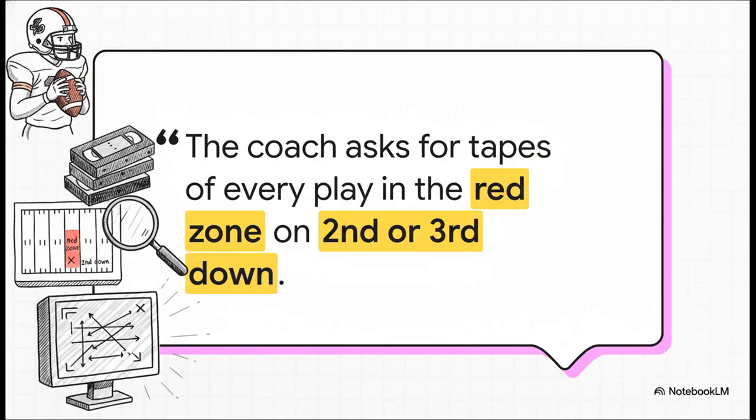So, picture this. You're the video coordinator for a football team. The coach storms in and says, I need every single offensive play from the last 3 years, but only the ones inside the red zone, on second or third down. Oh, and I need you to separate out the draw plays from the sweeps and the traps. I mean, can you imagine? You'd be buried in game tape for weeks. That grueling manual job is the exact problem this MIT team wanted to solve. They asked a simple but revolutionary question. What if a computer could just do all that for you?